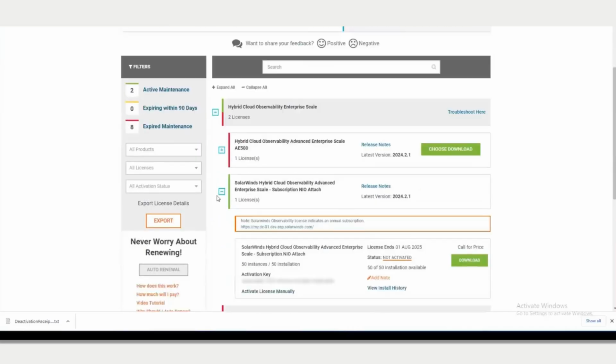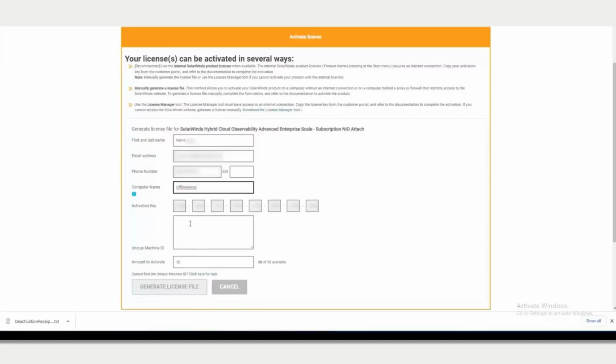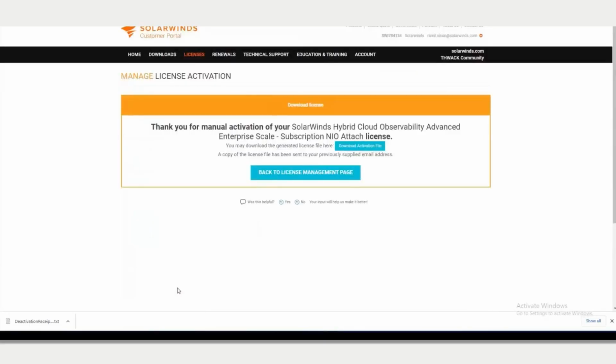Go to your customer portal, click on Activate License manually, fill in the information, add the machine ID, click on Generate License File, download the activation file,